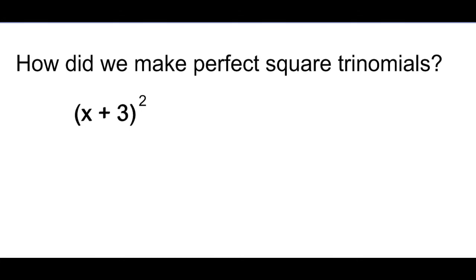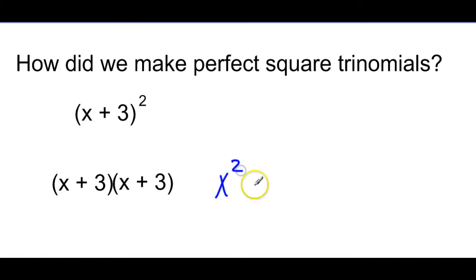Now, how did we make a perfect square trinomial? Well, we squared a binomial. So in this case, I'm squaring x plus 3. We actually learned a little shortcut, but let's do the long way first. I actually told you to write it as two factors and to use FOIL. Okay, so that's going to give me first, outer,